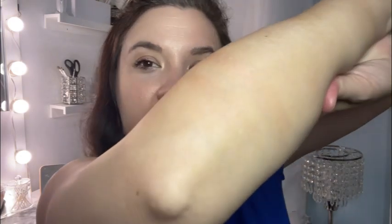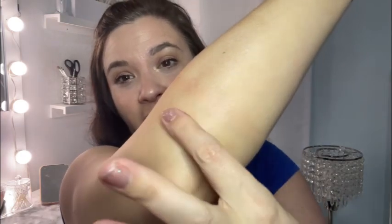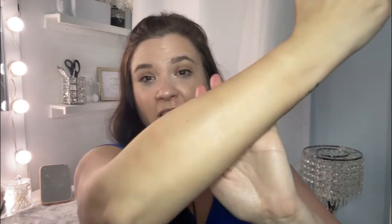Obviously, the finish is different because one's in a liquid form and one's in a balmy form, but they're starting to give the same appearance on the skin, aren't they? And really, when you rub them in, they kind of blend in, but that's the appearance that it gives. So there you have it, guys. Here is my arm full of